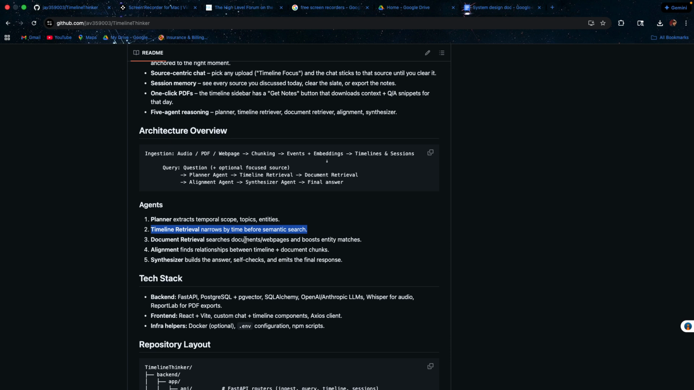And then here's where it gets smart. The agent looks at which entities appear in the timeline chunks, and then re-ranks the document chunks that share those entities. So if we bring it back to our example, if timeline chunks mention attention mechanism, like transformers or a specific keyword, then the document chunks mentioning